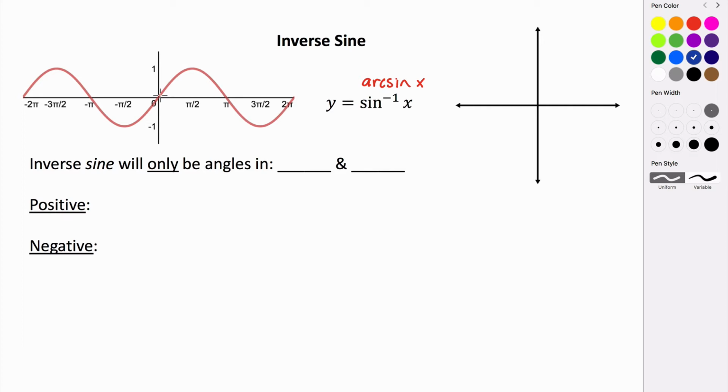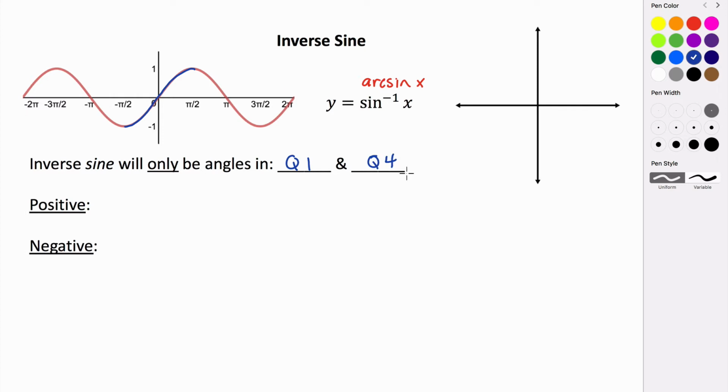So if we tried to restrict our graph, let's say from 0 to 2 pi, right, just with the first cycle, well, we can still see that it would not be 1 to 1. It would still fail the horizontal line test. But it would represent all of the values in our range. So we need a place where everything from 1 to -1 is covered. And that's actually going to happen. The restriction that we're going to use is from -pi/2 to +pi/2. So this is the values in quadrants 1